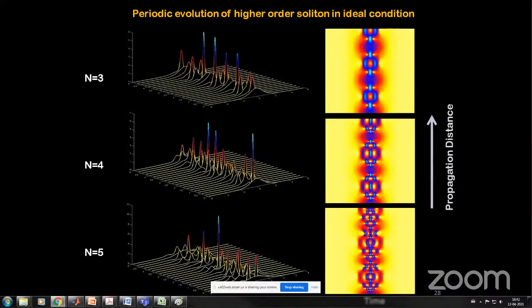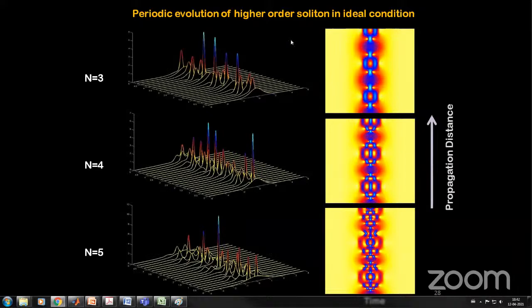In this screen, if you look carefully at what is going on, this is the figure, and this n value is basically the ratio of LD and LN. On the left hand side, you can see the periodic evolution of the solitons. So these are the solitons you launch, and these are the higher order solitons because LD and LN are not